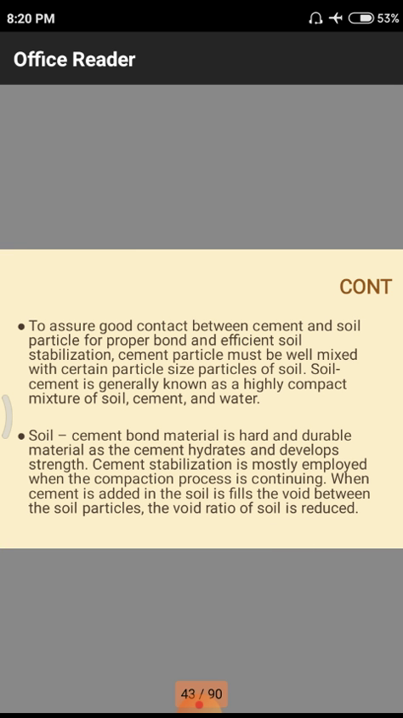To assure a good contact between cement and soil particles, the proper bond and efficient soil stabilization is required. Cement particles must be well mixed with a certain particle size of the soil. Soil cement is generally known as a highly compact mixture of soil, cement and water. In this particular sentence, what they are simply saying is to assure, that means to ensure, a good quantity of